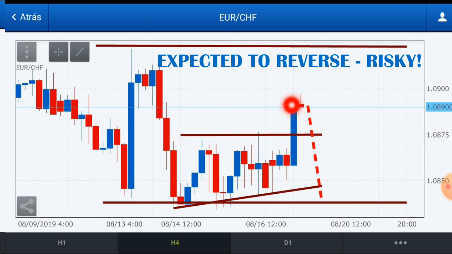So it's a similar concept here when it comes to consolidation breakouts, where the market will provide us with a breakout signal that is too large and actually represents an overextension of the market, and that overextension will actually lead to a reversal that takes us back inside of the consolidation. So that was the first reason that I expected that the market would reverse and take us back inside of